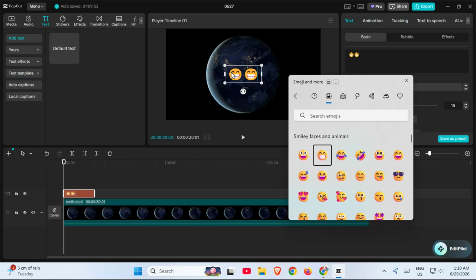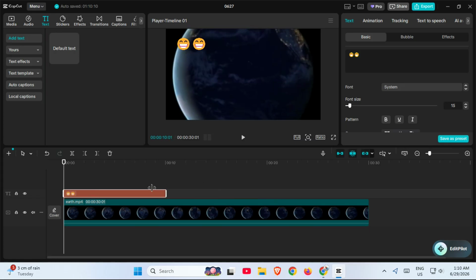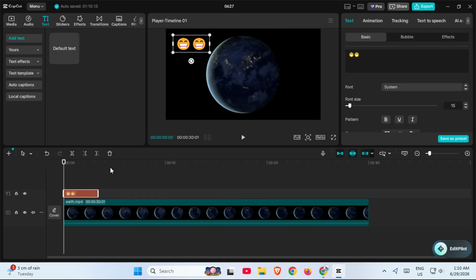of your video. After that, you can resize the text layer, move it around the screen, and adjust the timing in the timeline so it appears exactly where you want it. If needed, you can also change the font size and placement to make the emoji fit your layout better. This is a super simple method, but it works really well for adding visual energy to your edits, and that's